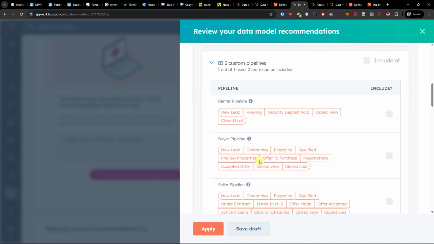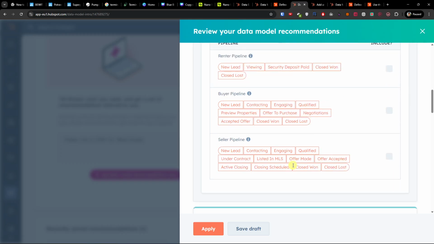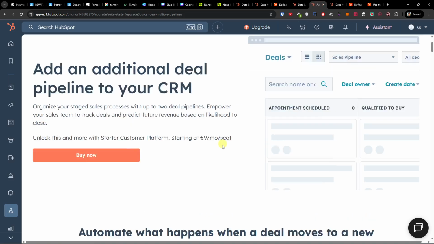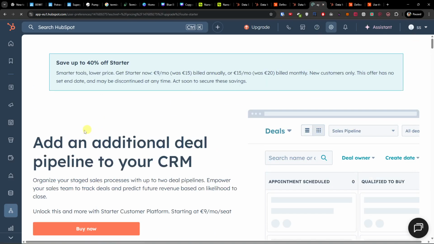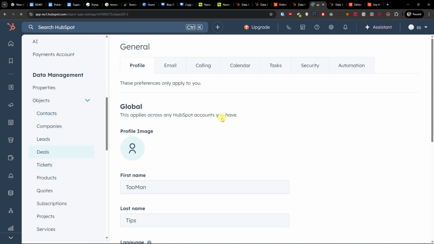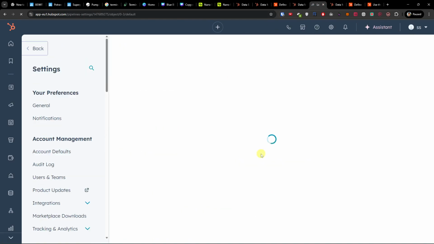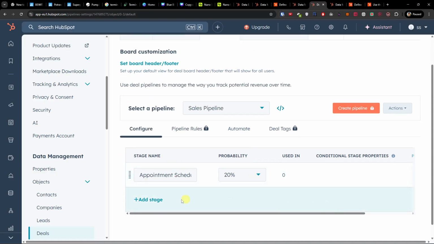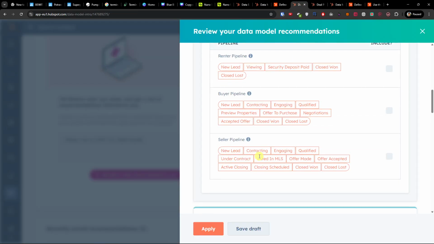Now, what you're going to find here is that if you're on a free version, you are going to find here the free custom pipeline. The problem here is that HubSpot wants to force you into upgrading for having more pipelines. So what you want to do is take these and screenshot them with your own phone or something, and then come here to settings, and then you're going to go to deals, pipelines. And what you're going to have is a sales pipeline. This is the default one, and you can't really change or delete it, you can only replace it. So what you can do is